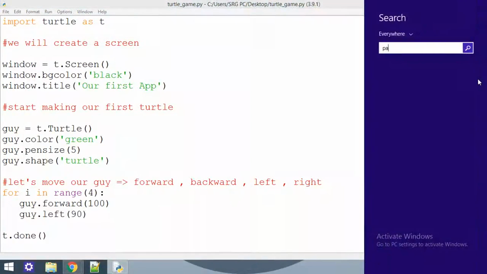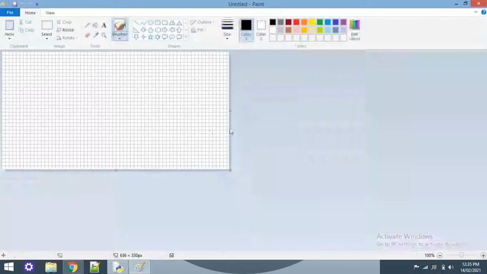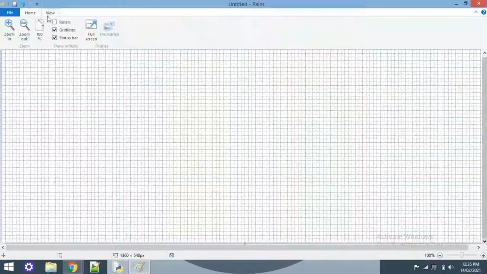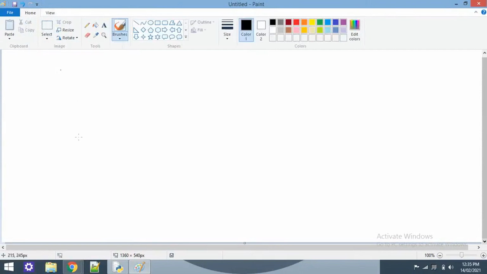First of all, let's open Paint. Okay, we have Paint. Let me move the guidelines. What I'm trying to make will look something like this. Sorry, my bad. Okay, forget it. I'm too bad at Paint.